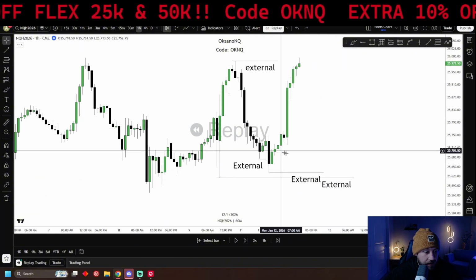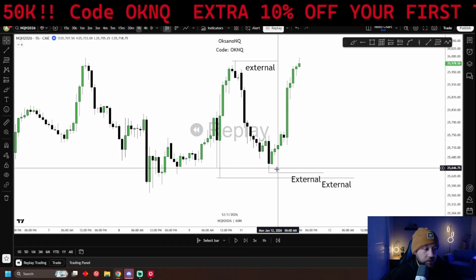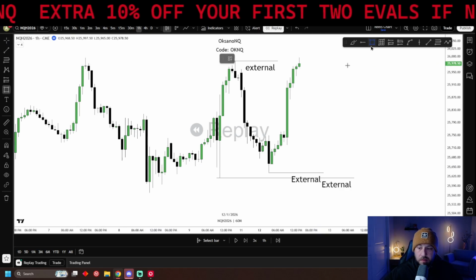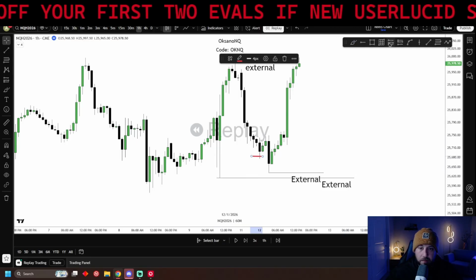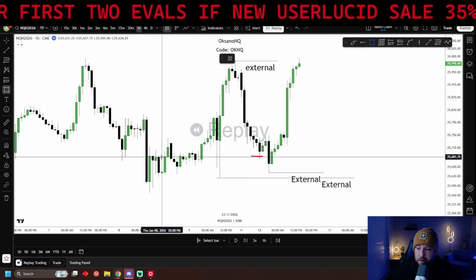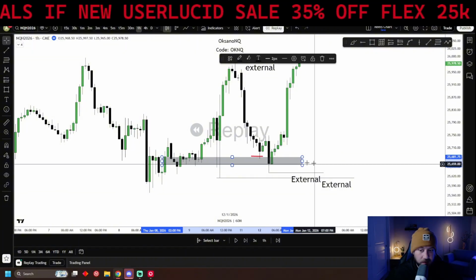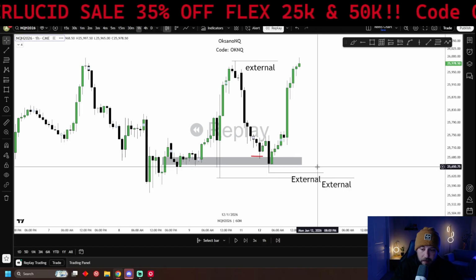So we might not have swept the hourly low, but we still got an external sweep. So now we can look for our setup to go the other direction. What'd we get? External sweep here. Delivery from this gap here like that. Right? So now we can look at our checklist and find everything that we can use as a confluence to get a trade.